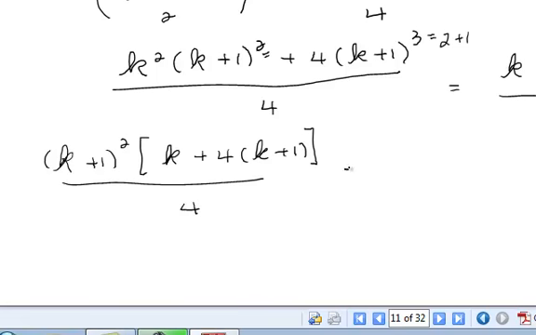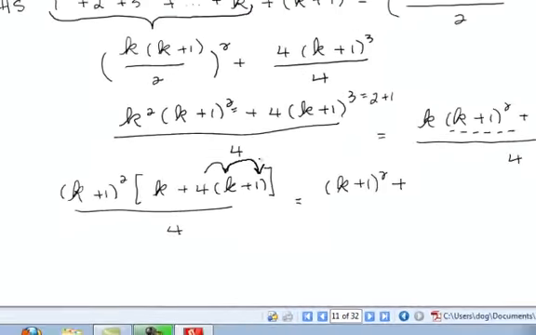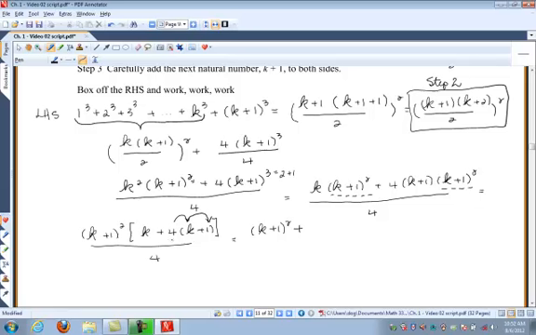Just checking to make sure I've got it all written down right. So this is (k plus 1) squared, plus, now I'm going to distribute the 4. No, I didn't have it written right. This is k squared. There we go. (k plus 1) squared